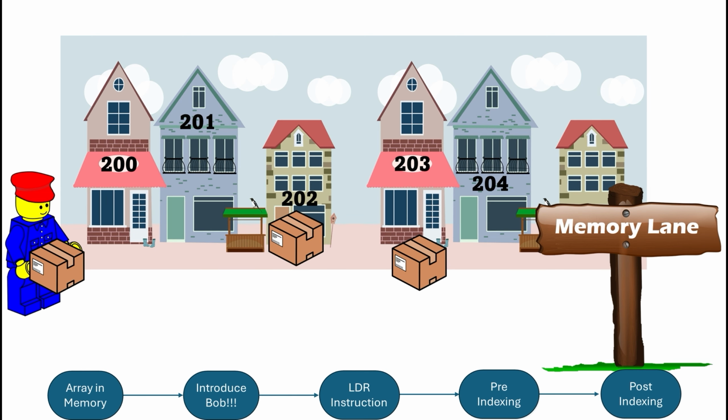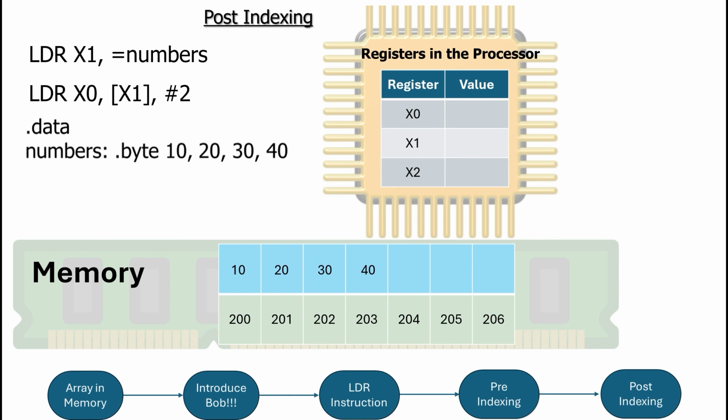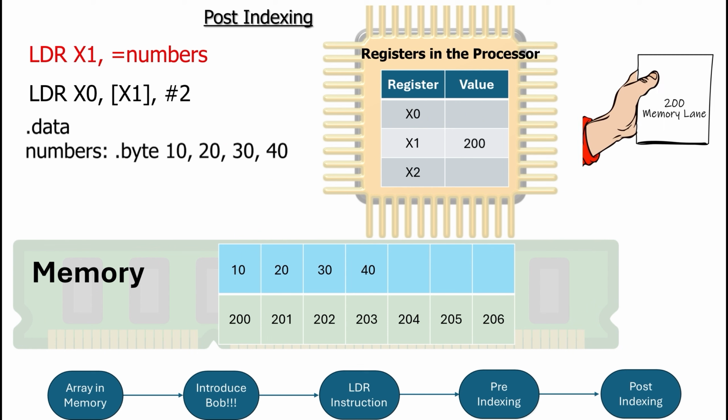Now that Bob picked up the first package, he looks at his paper and updates the address. This is exactly how post-indexing works. Just like Bob, we first get the base address using the first instruction. When we execute the second instruction, the processor does 2 things in order, just like Bob. First, it looks at the address in X1, goes to that location in memory, and fetches the value 10, stores it in X0. Then, it updates X1 by incrementing the address,